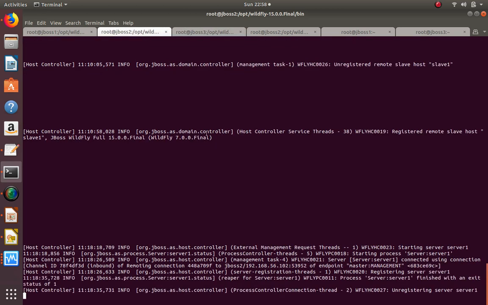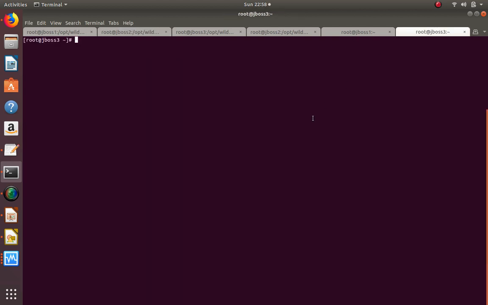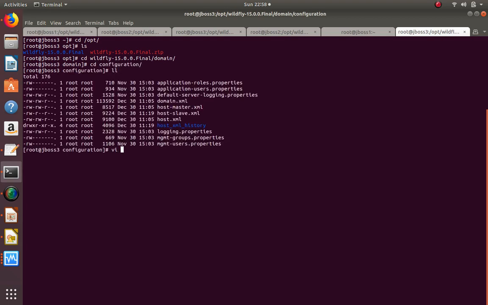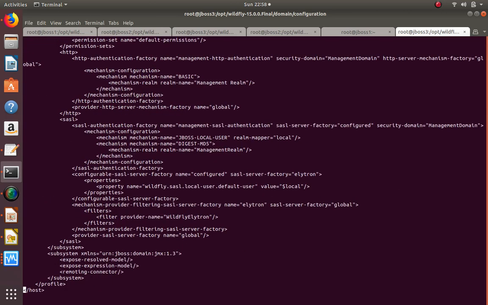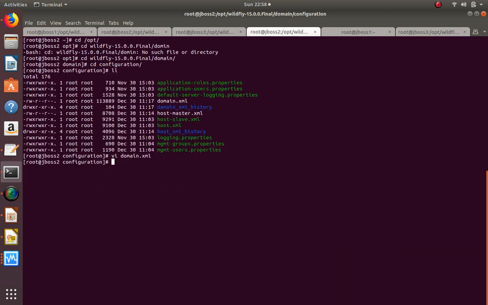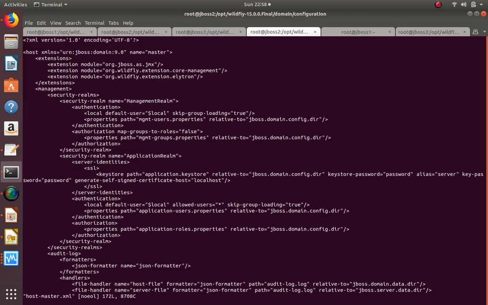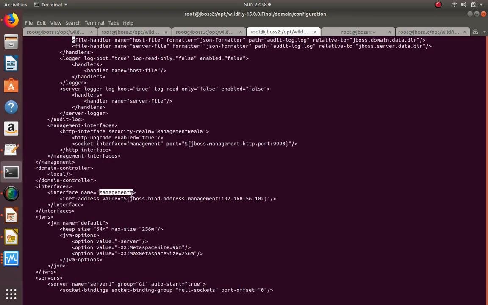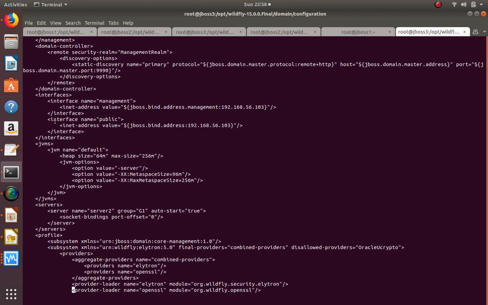The reason behind it, let's go in and see some changes and how they look. Let's copy and paste some stuff from the slave to the master, because of the domain configurations. So host-slave.xml is the slave box. If you see in the slave, there are some interfaces: the management interface and the public interface exist, whereas the master has only these two. Let's see host-master.xml. If I read this, there is only one interface out there, so that's a problem. Let's copy this public interface